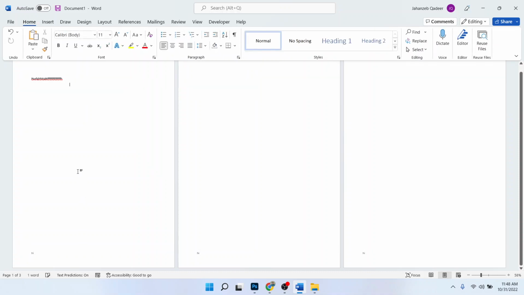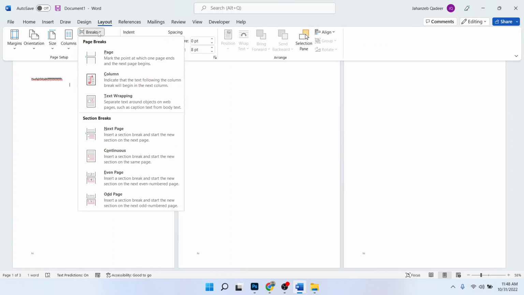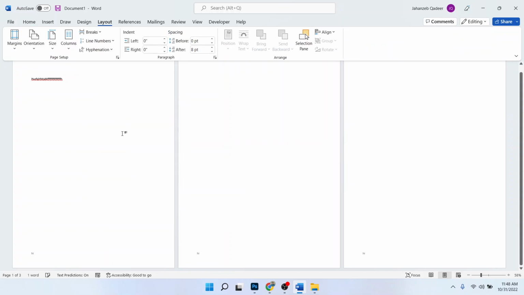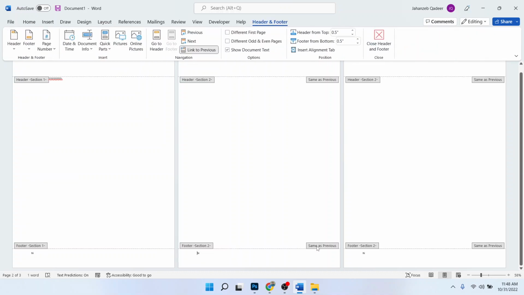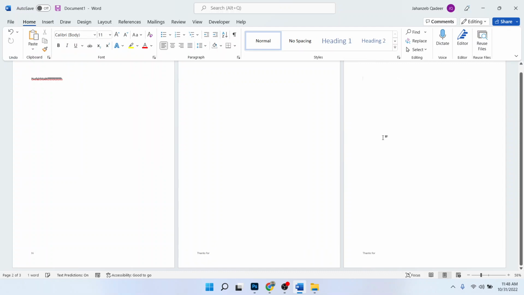So let me select this page and go into the layout and click on breaks and click on next page, and then you need to select this, that is section 2. You simply need to unlink that. Okay, so now this is unlinked and it is section 2. So here I'm going to add thanks for, and you simply need to go and repeat the same step with